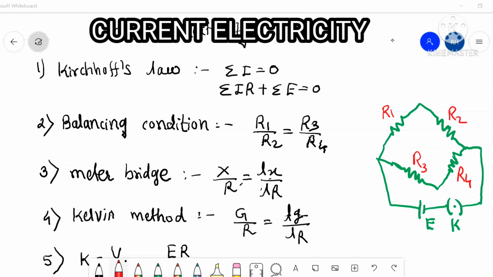remember the physics formulas which are based on that problem. First you identify which problem it is, which value you have to calculate, and which topic the problem belongs to. Once you know that the problem is related to one topic, for example current electricity, then you will understand which formulas are there in this topic. Then you will recall all the formulas which you already learned.